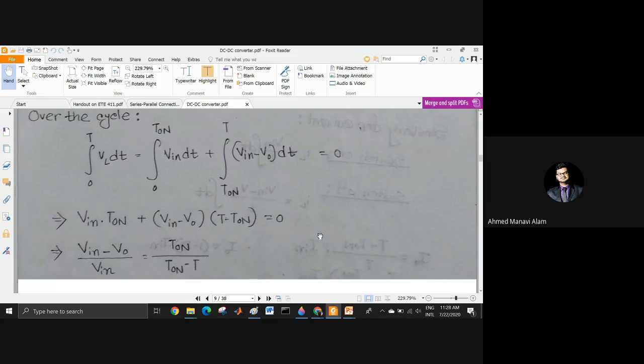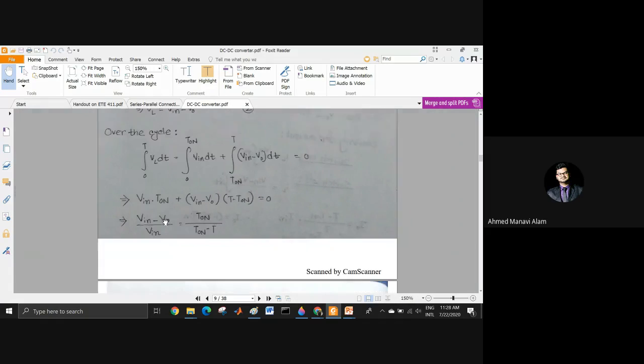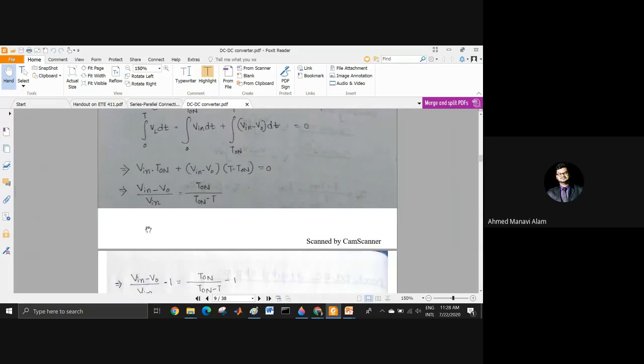We have taken it in the right hand direction. Then from the right hand direction I have taken the Vin to the right hand direction again, or the left hand direction, whatever you may choose. As it is multiplied, whenever it goes to the opposite direction, it will be divided. Then the t on is in the above. So this is the basic algebra. If you do it at your home, you are supposed to understand. If you don't, then come to me again in the next class. If I waste time here, I don't think it is convenient.